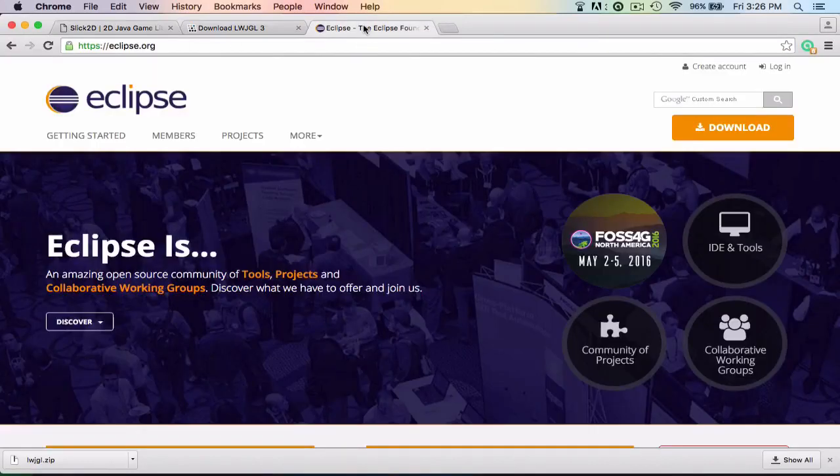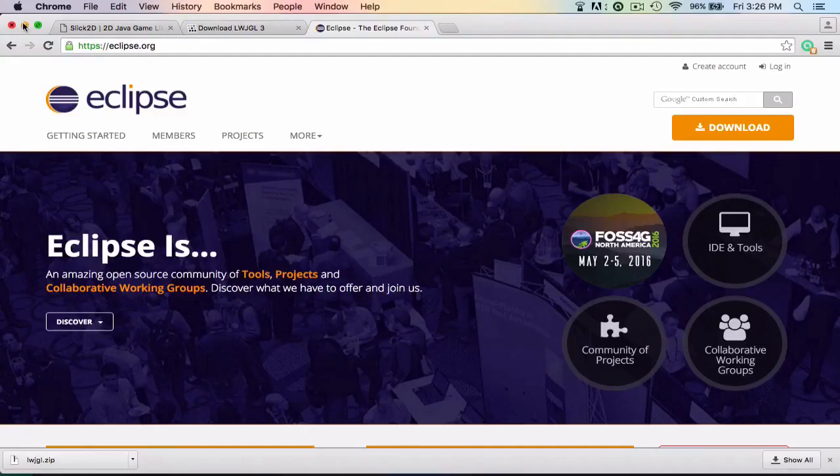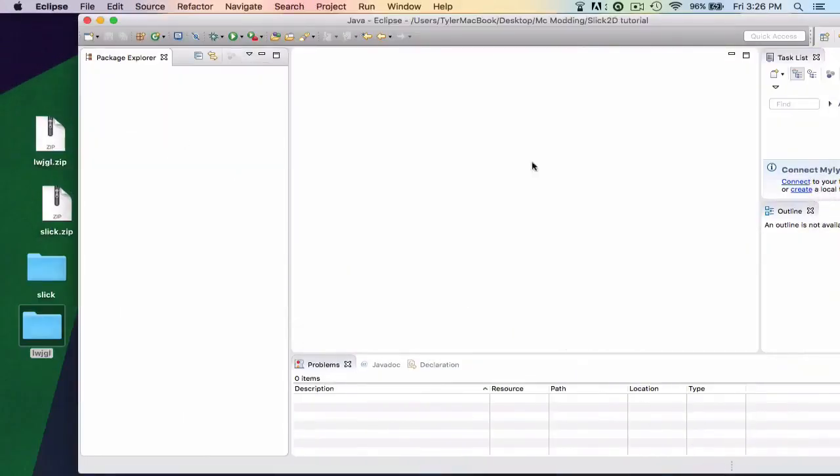And then you also need Eclipse. You can use anything else really. You can use any IDE that would work for this. Like IntelliJ should work. I'm guessing Visual Studio should work, but I suggest you just use Eclipse if you want to follow this tutorial. So once you have those, you're just going to open Eclipse like this,